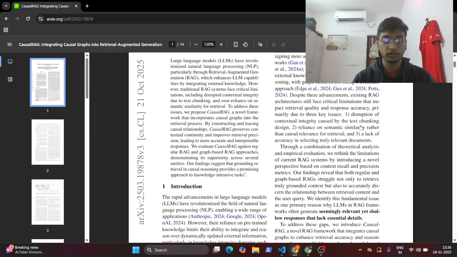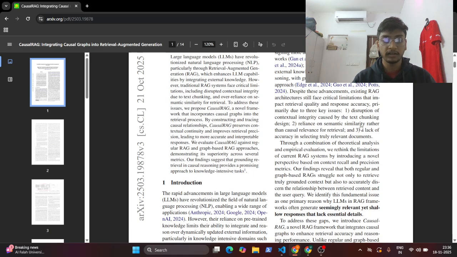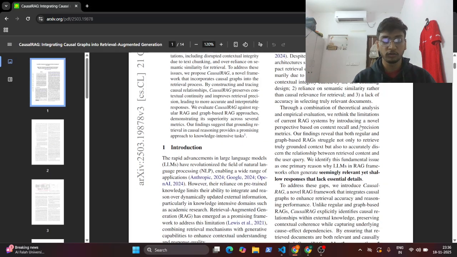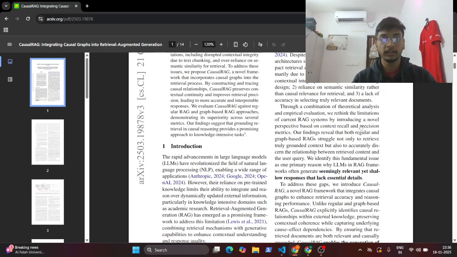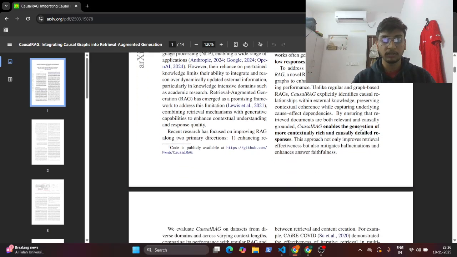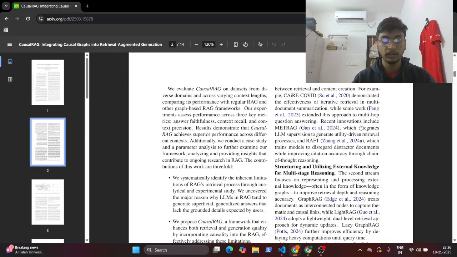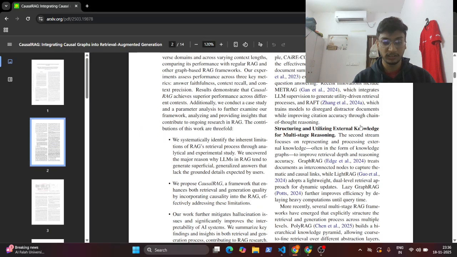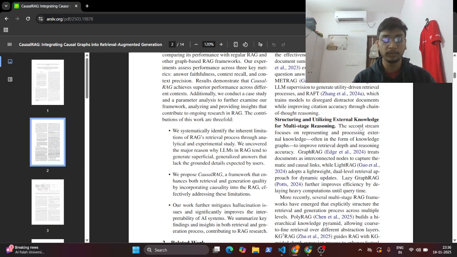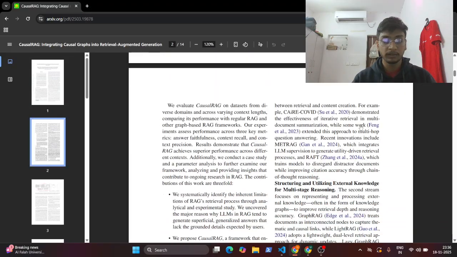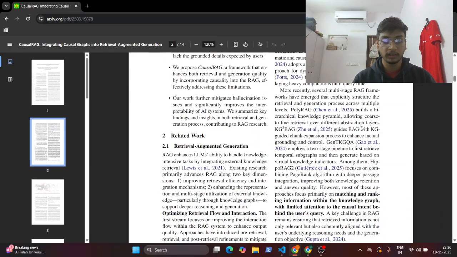The answers produced are often generalized, lack grounded detail, and fail to explicitly trace the cause effect dependencies present in the source document. This work, Causal RAG, proposes a novel solution to incorporate a causal graph directly into the RAG pipeline by constructing and tracing these causal relationships. We aim to preserve contextual continuity, significantly improve retrieval precision, and ultimately provide more accurate, interpretable, and causally grounded LLM